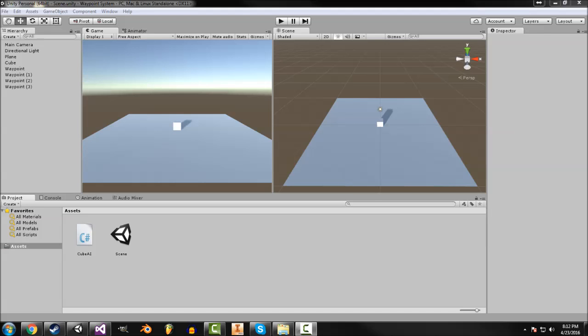About 2 years ago, I made a Waypoint system video for Unity 3D. It was an okay script. It worked, but I've since realized how terrible it was, how horribly optimized it was, and it wasn't very versatile. So in this video, I am showing you guys a new script for that specifically that is not absolutely